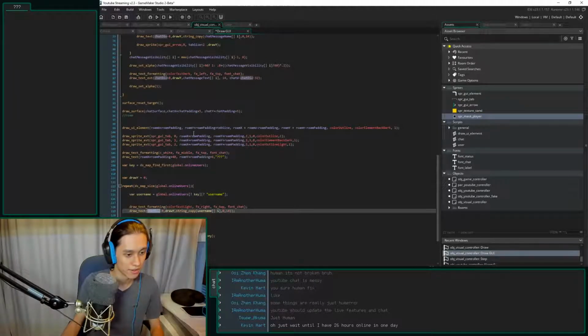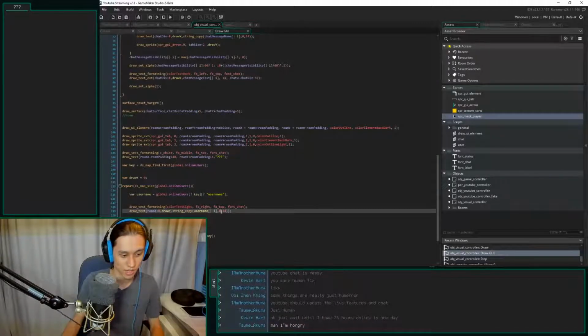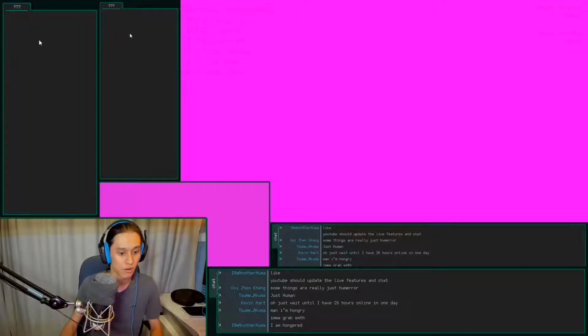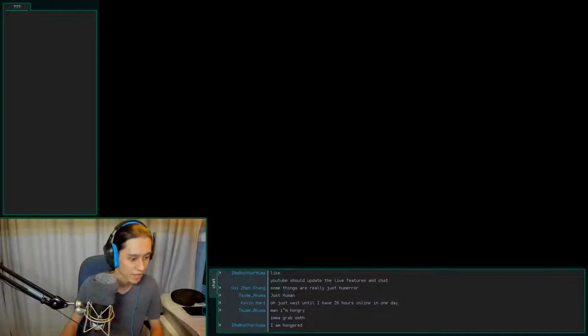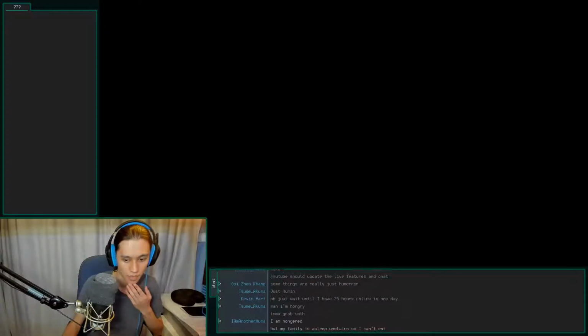It's not chat div, this is actually roam x plus 8. Something like this might work, hopefully. Index counts, draw text, yeah. Here we go. Let's see if this works. Okay, so as the chats come in, it should show. Maybe I'm drawing things wrong. It's supposed to draw things here. Man, I messed something up. What did I mess up?